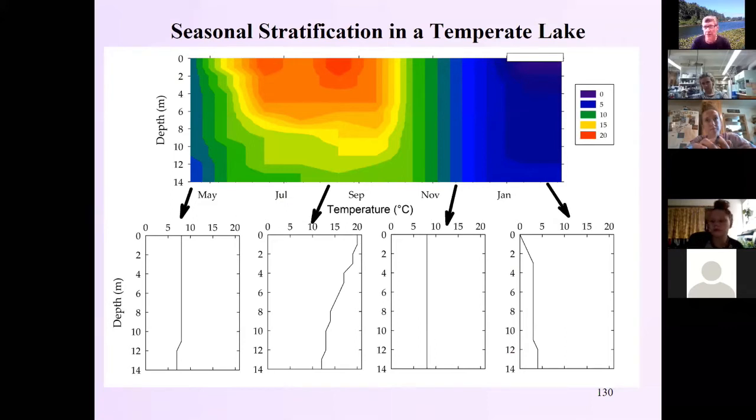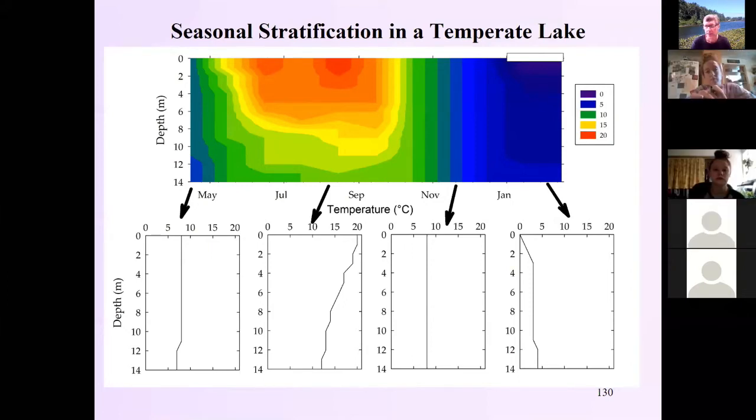As we move into this coldest part, where this falls below 4 degrees C, what happens to the water that's cooler than 4 degrees centigrade? Is it denser or less dense than the water that is 4 degrees centigrade? Less dense. It is less dense. Remember, the maximum density is about 4 degrees. So all of a sudden, you get this cool water that can stay sitting on top of the 4-degree water